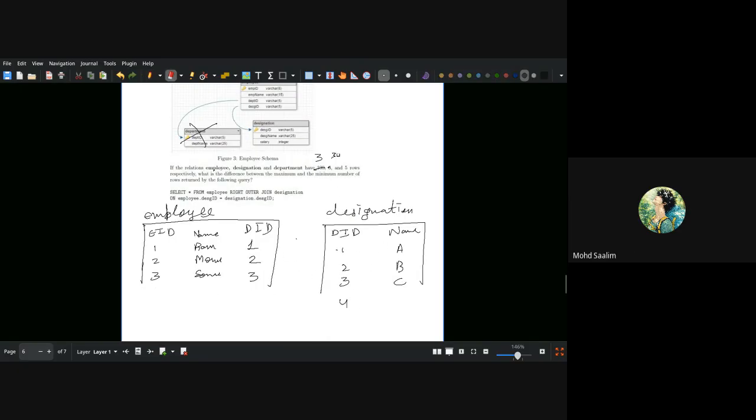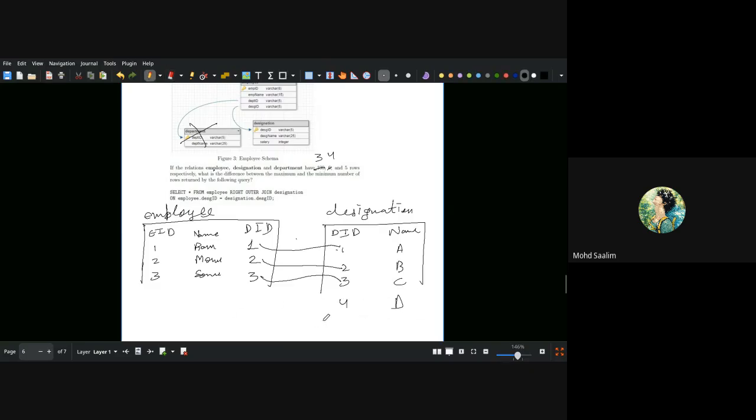I'm again changing my assumption. Let's say we have 4 designations, with a fourth one, D. Now, can you tell me how many rows will be there? Same scenario. Four, right? Still, DID is a foreign key. So it will make a relationship here, a join, here, and here. Because it is a right outer join, the fourth designation will be matched with null on the left hand side.